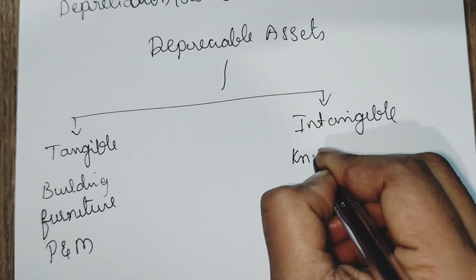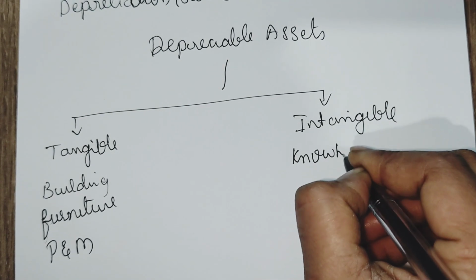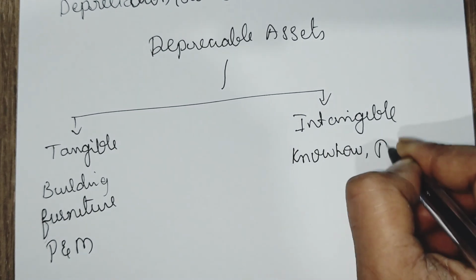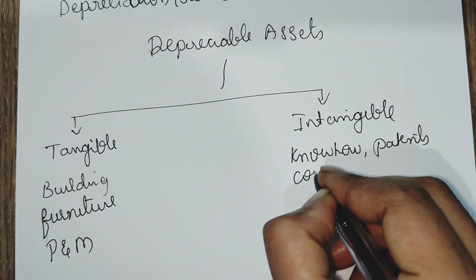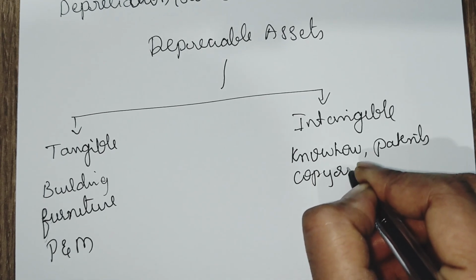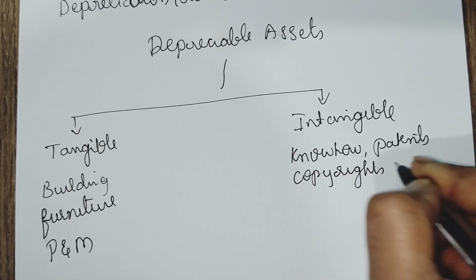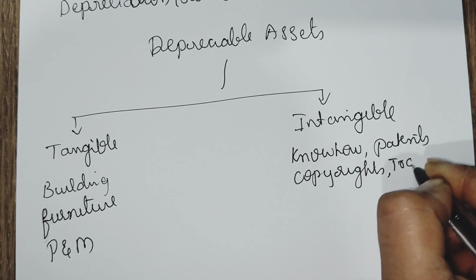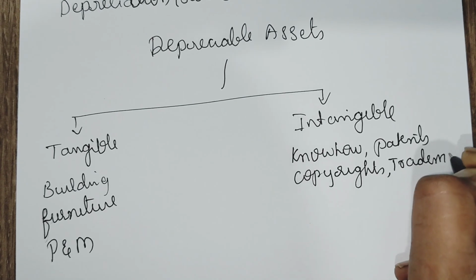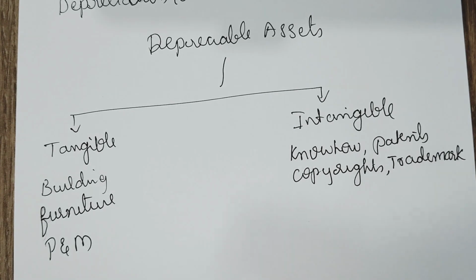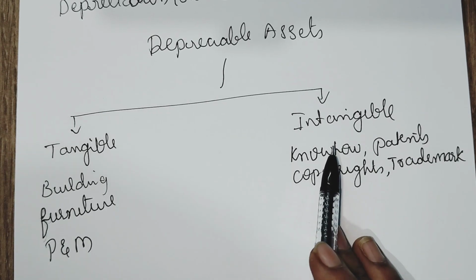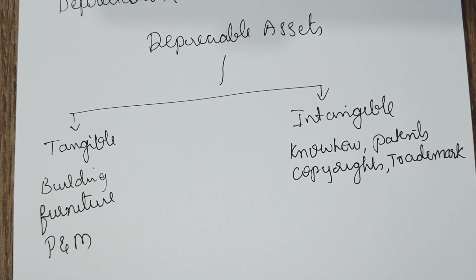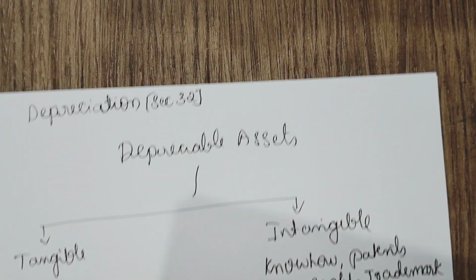Under intangible assets, we have know-how, patent, copyrights, trademark. There is no goodwill. On goodwill, depreciation will not be charged. That is why we are not considering goodwill under the intangible assets. Here you can see there are